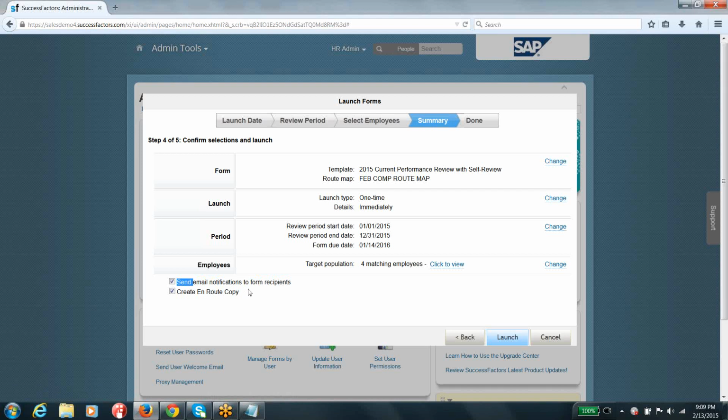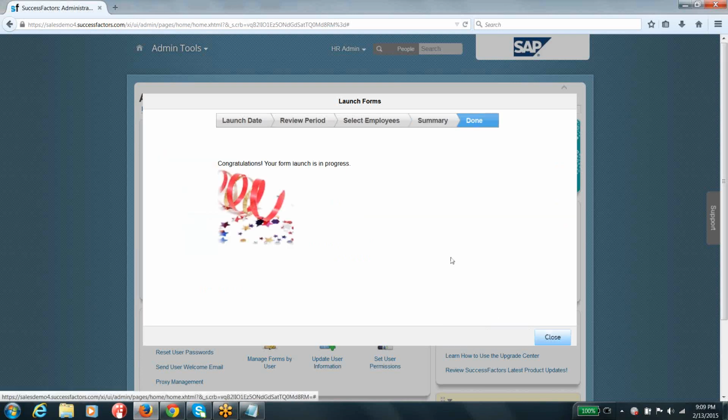If you are interested in sending the form or email to the employees, you can go and select these things so that people can receive email and they can look at their system inboxes to find there is something pending from their side, and they can go ahead and update that particular required information or take the action on that particular form, guys. And you can see the launching of the forms is in progress.